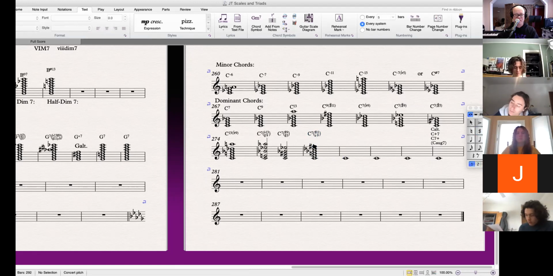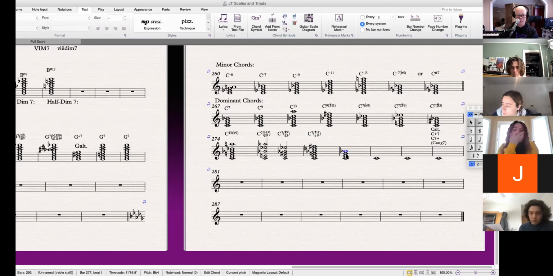Okay, C7 sharp 11, flat 9. That's very common. Did that wrong. Here we go. Here's one we saw yesterday that belongs, although it doesn't have